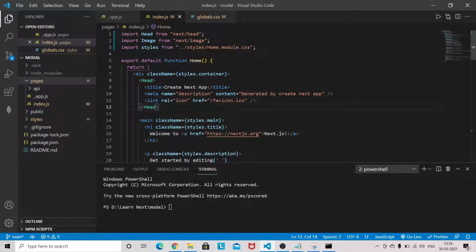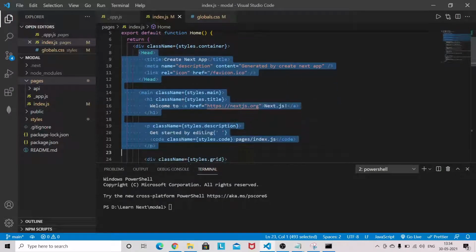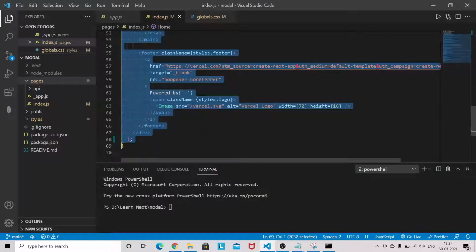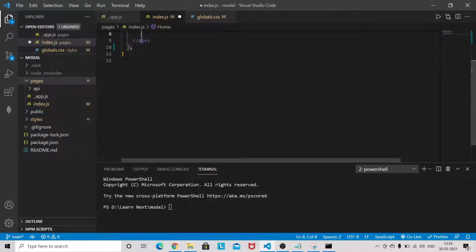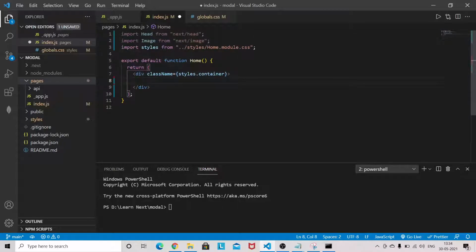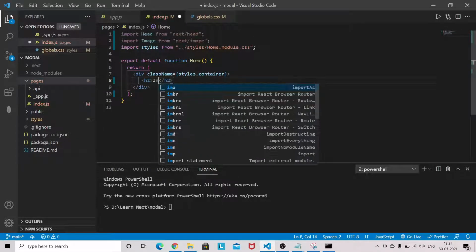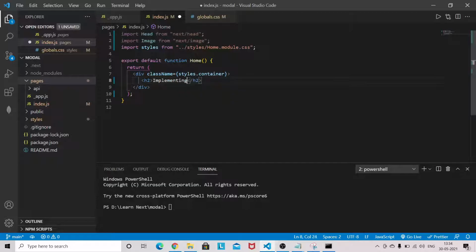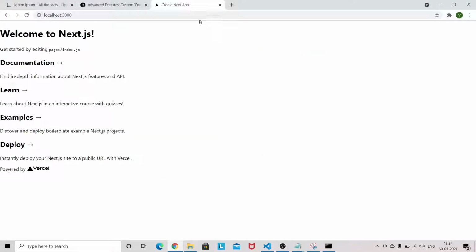Now what you have to do is just remove the entire content. There is no need for this content. And I will give a heading like: Implementing modal in Next.js using createPortal.